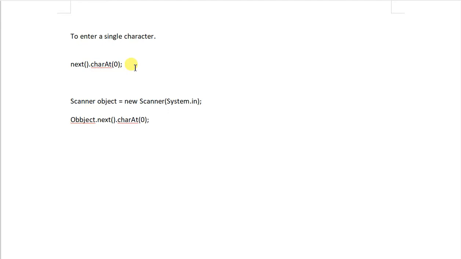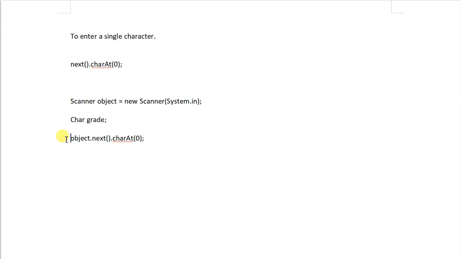This is the way of entering a single character. Before using it, I need to create a character variable, let us say it is grade.